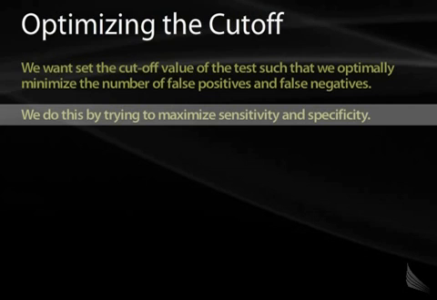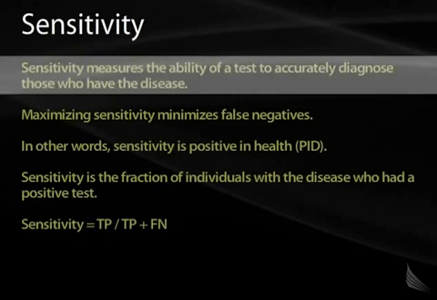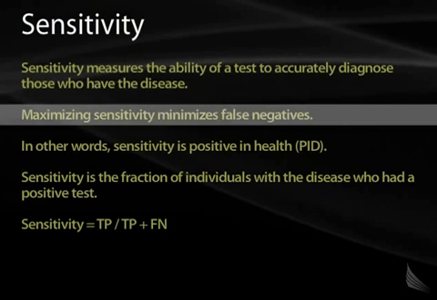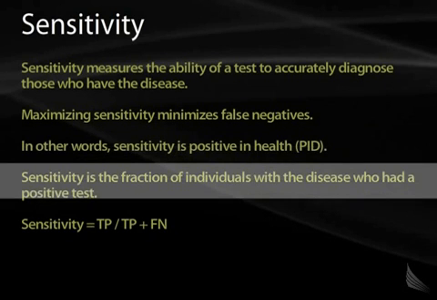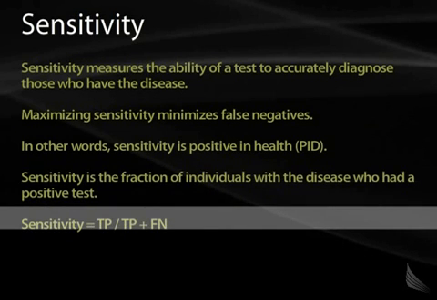by sensitivity and specificity? Sensitivity measures the ability of a test to accurately diagnose those who have the disease. Maximizing sensitivity minimizes false negatives. In other words, sensitivity is positive when a subject actually has a disease. It is defined as the fraction of individuals with the disease who had a positive test. In other words, it is equal to the true positives over the sum of all the true positives and the